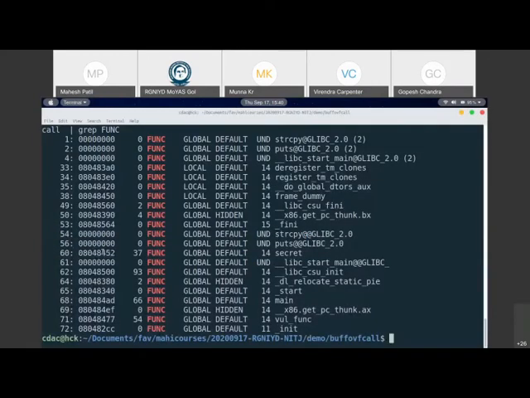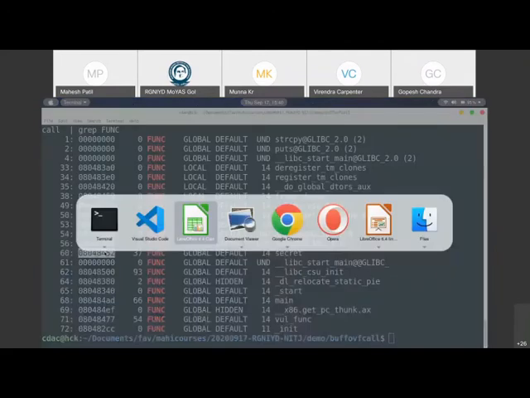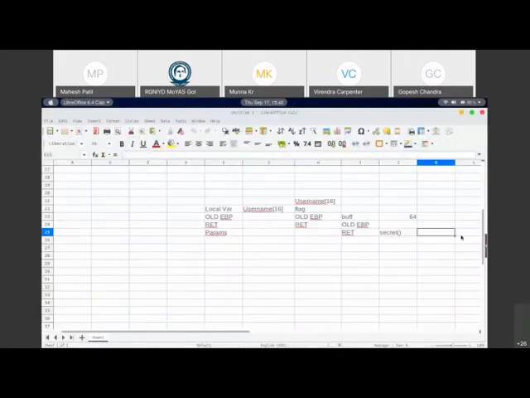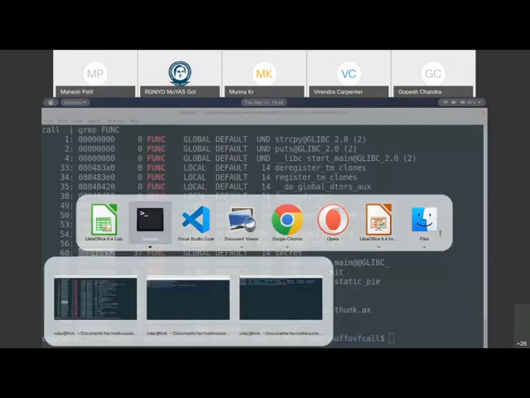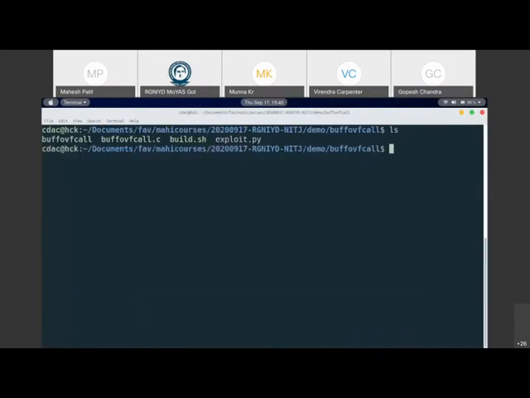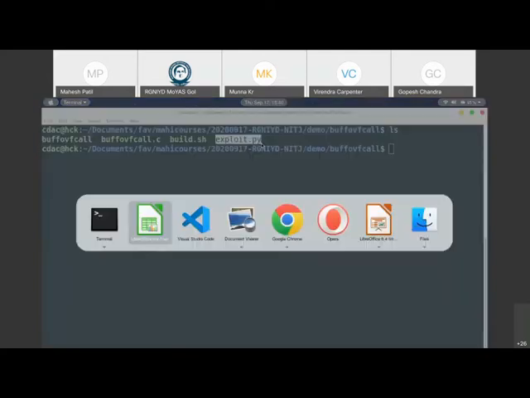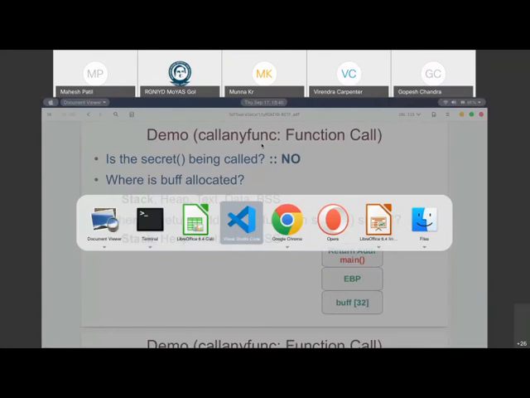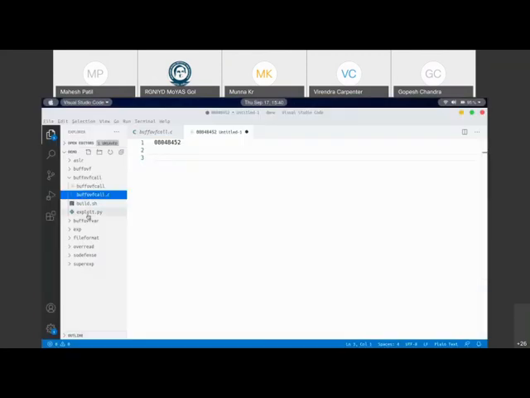So this is the place where we have to put the return address. What we want to do is, over here, we want to put the address of the secret function, 8048. So what happens is when the program returns back, instead of returning to the main function, it will return to the secret function. Let's go ahead and see how we can do that, right? For that, I just use a very simple Python program. So let me just show you that Python program here.